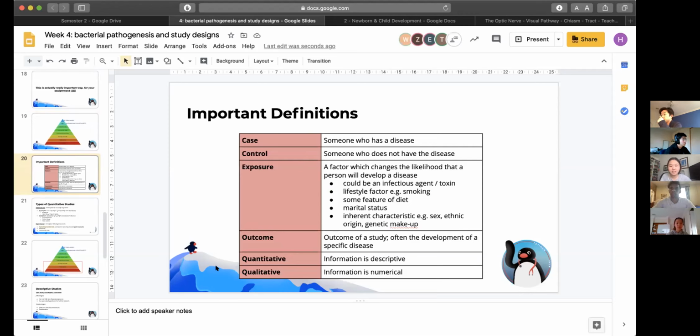And obviously quantitative is, did I get that mixed up? That's supposed to be the other way around. Quantitative is numerical, qualitative is descriptive. Just ignore that for a second. Anyway,